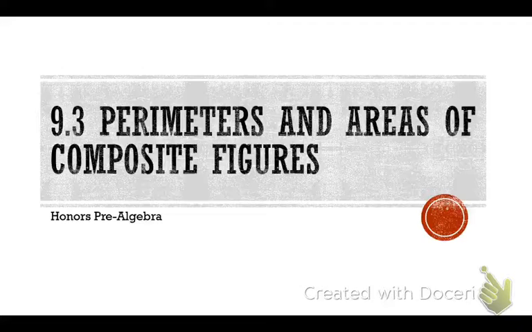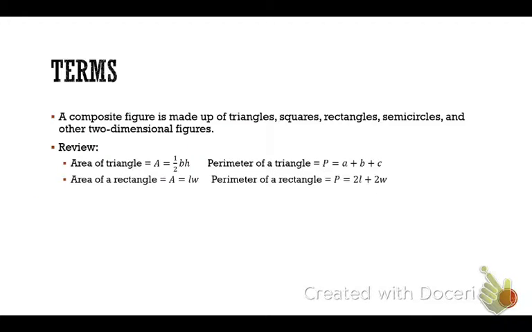All right, so today we're in section 9.3, perimeters and areas of composite figures. So what is a composite figure? It is made up of triangles, squares, rectangles, semicircles, and all of the above. Other two-dimensional figures. Okay, so composite figures. All right, so if it's made up of these figures, I need to know how to calculate perimeters and areas